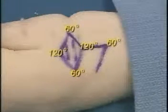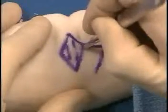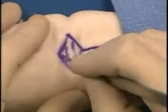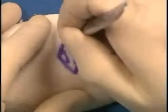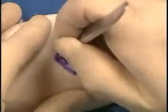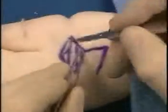Now we have an example of the rhombic flap, or rhomboid flap, on a pig's foot. The limbs of the flap are of equal length, and the angles are again 60 degrees and 120 degrees. The lesion is now excised by utilizing a 15 blade and then picking up the edge of the lesion and now